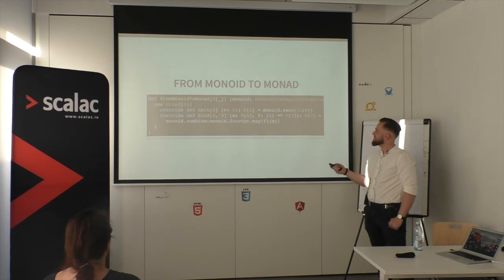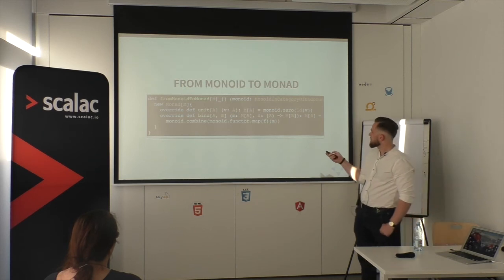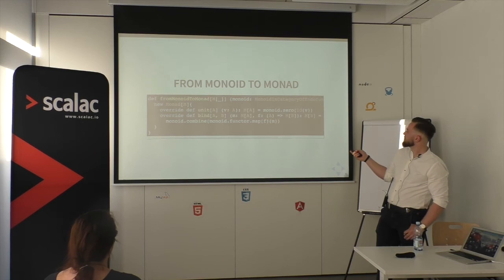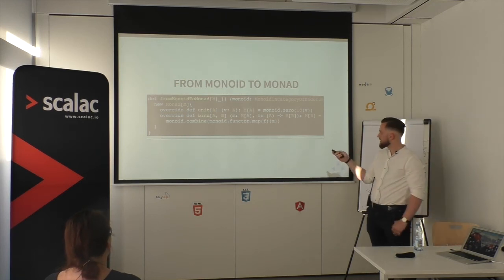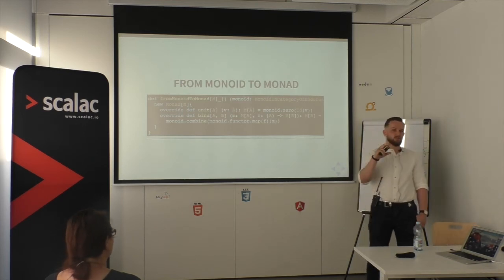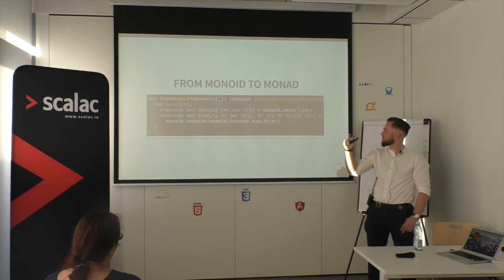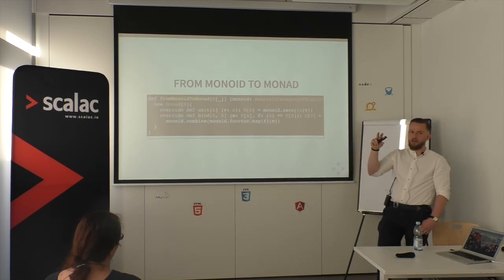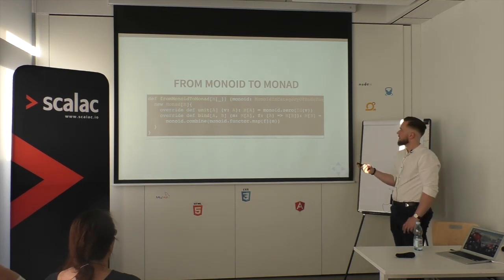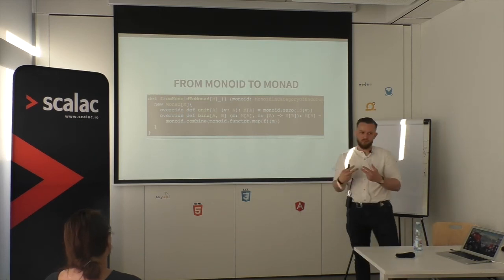Okay, so the unit. So we want to wrap an instance of type A into instance of the monad. So we are using the monoid zero method and take this value and put it inside the ID. So we had this natural transformation that for each ID can return the option. So here we just wrap something into ID, and with a monoid we get the option back, so our monad, whatever it is. And the bind, which is about the flattening of the things,